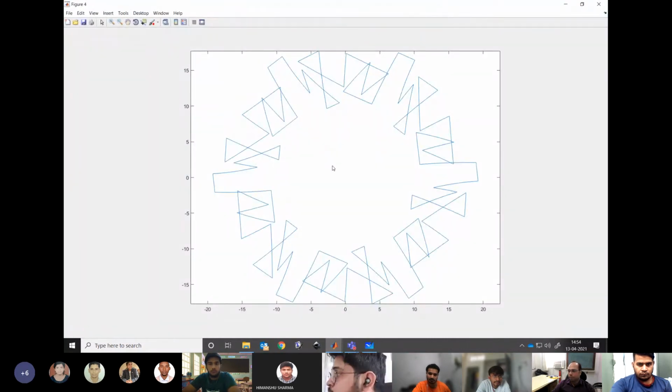Some improvement you can see, because now the TZ is equally distributed. So definitely if you plot both on top of each other, you will find the difference exactly. Understanding my point? This is how your current vector moves. And because current and flux are related through the inductance, your flux vector will also follow a similar trajectory. Understanding? Yes, sir.